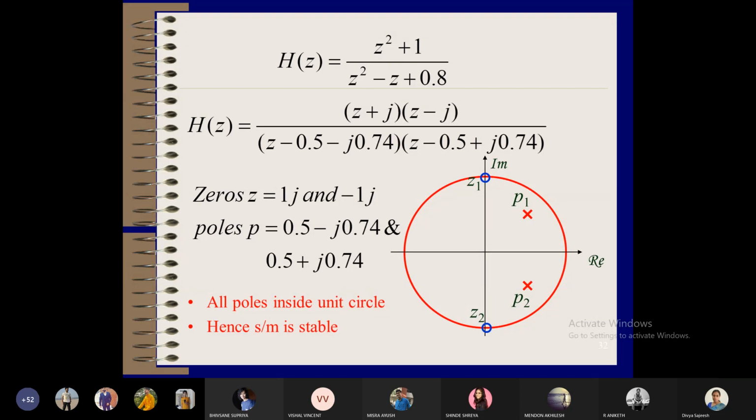Now I can tell in another way: if all the poles of the system lie inside the unit circle, then the system is stable. You can see the unit circle lies outside the poles, so automatically the poles come inside the unit circle. So the system is stable. Earlier we defined that the region of convergence should contain the unit circle, so that also holds. Another way you can see the stability of the system is in terms of the location of the poles: if the unit circle contains all the poles, then the system is stable.